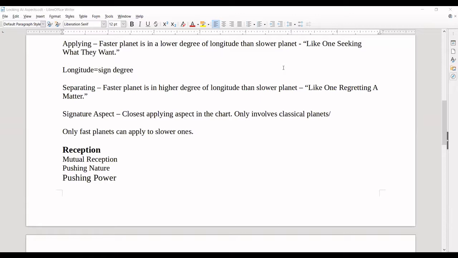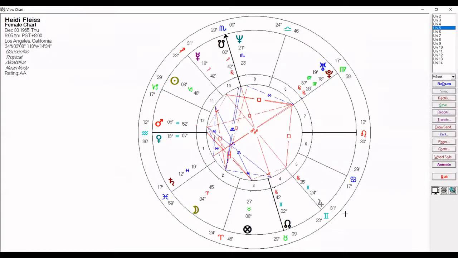And I will put up a chart. I know you're going to say, don't just say it, put up a chart. I'll put up a chart for you. As a matter of fact, I'll do that right now. All right, Heidi. So